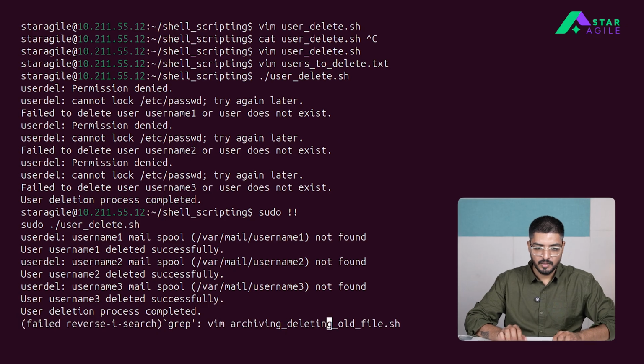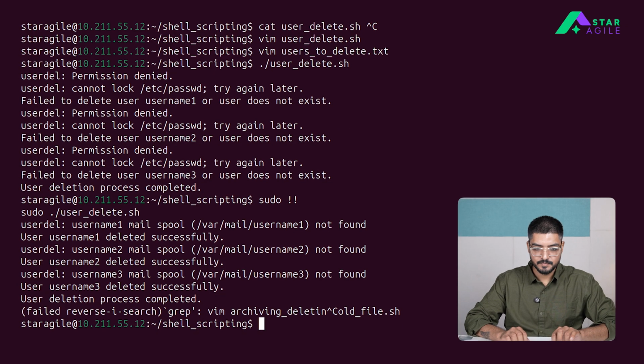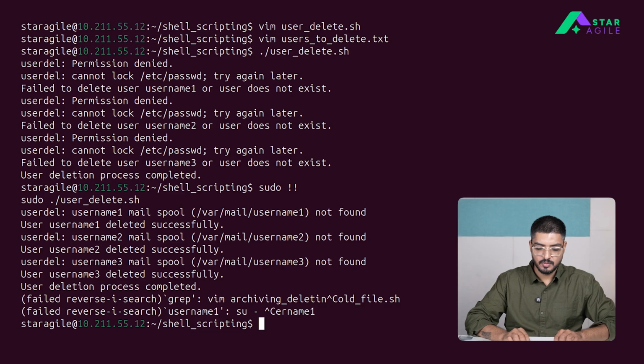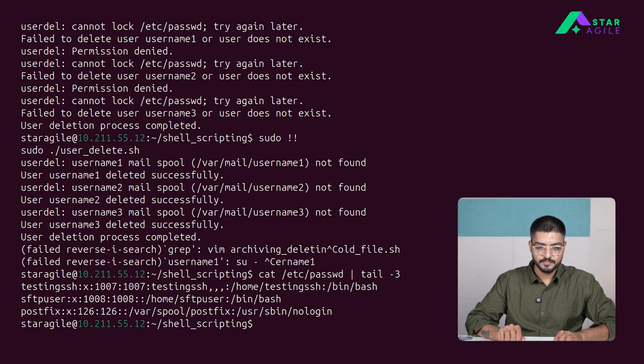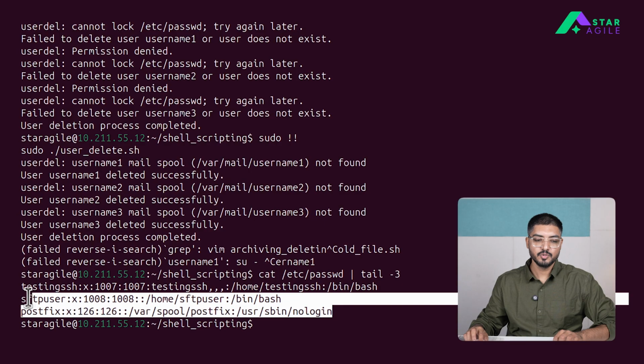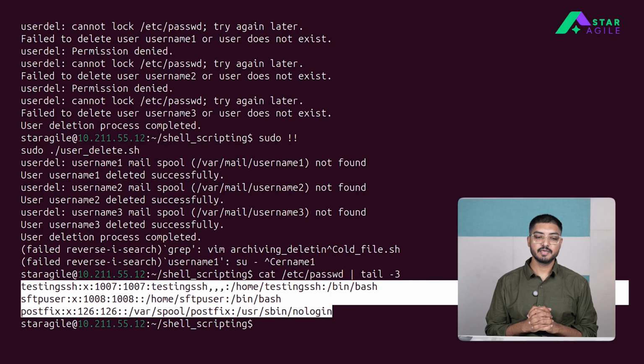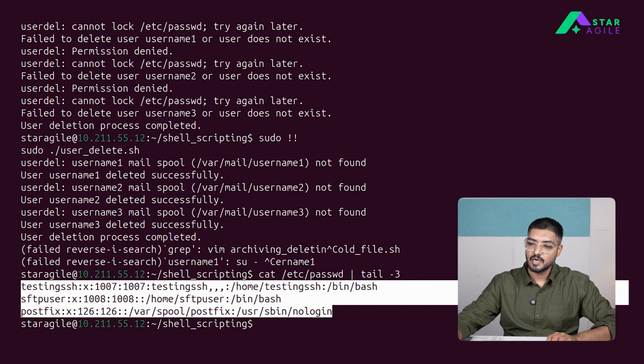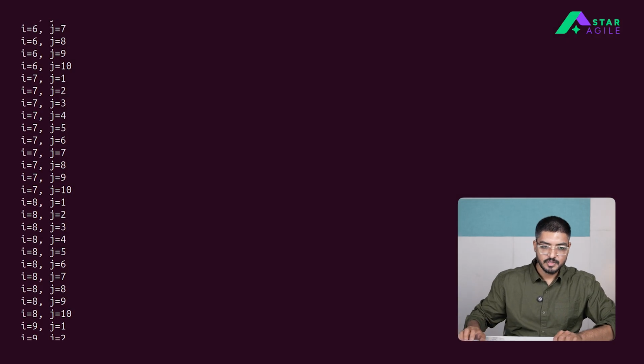If you try to grep it now, let's say username 1, passwd, tail -3. So you see these 3 users that we have created have been automatically deleted after executing this script. So this is how it makes it easy for people to use shell scripting. There is one more use case we will see about